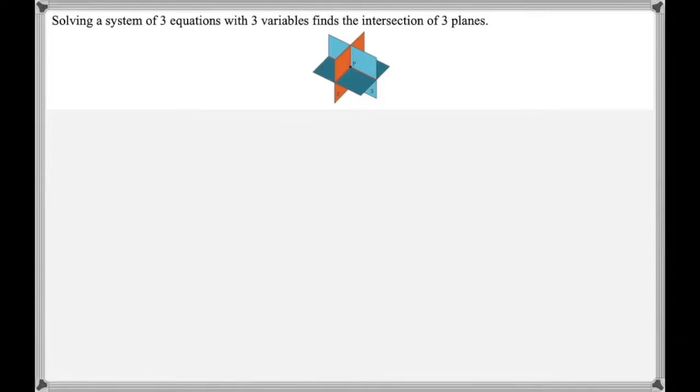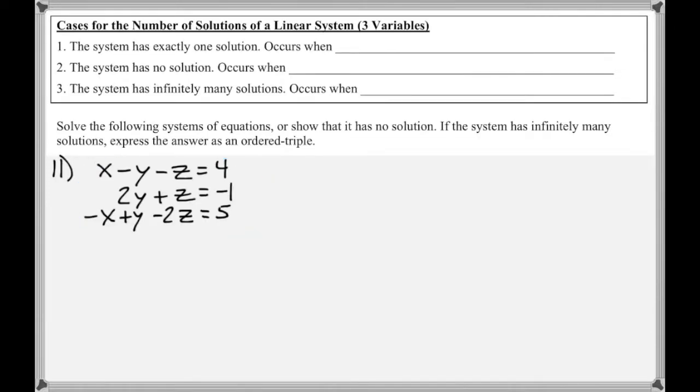So we've been dealing with systems of two equations with two variables. Now we're going to be looking at systems of three equations with three variables. So we're introducing a z, and instead of representing lines, these represent planes, which are basically like sheets of paper in three dimensions. So the three different cases for these will be that the system has exactly one solution, and